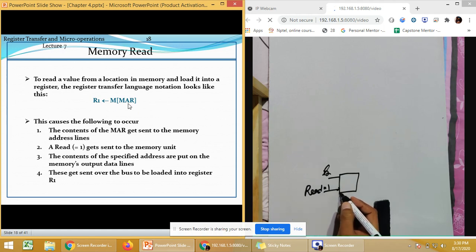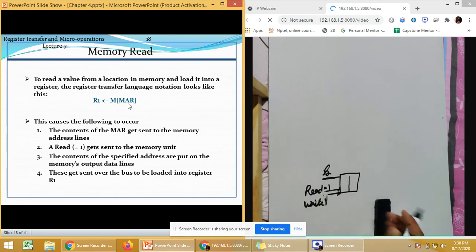If you want to write inside this memory, then the value of write will be 1. The contents of a specified register are put into the memory's output line. Now whatever address is mentioned on this K line, we search for the corresponding data inside the memory.